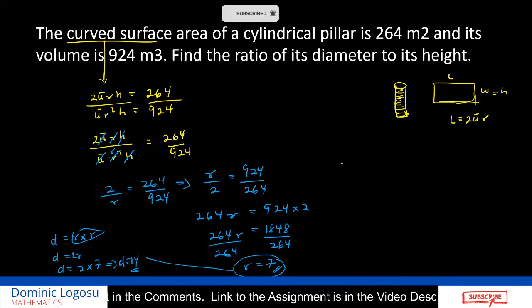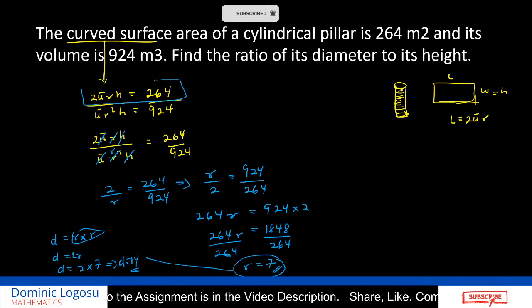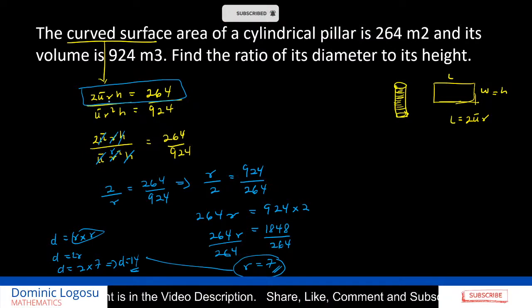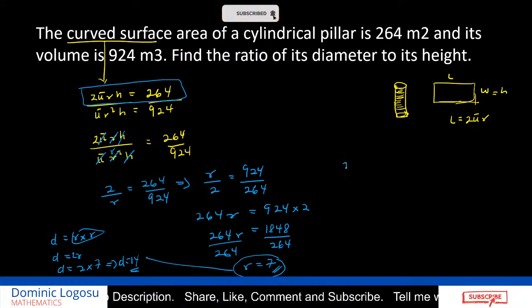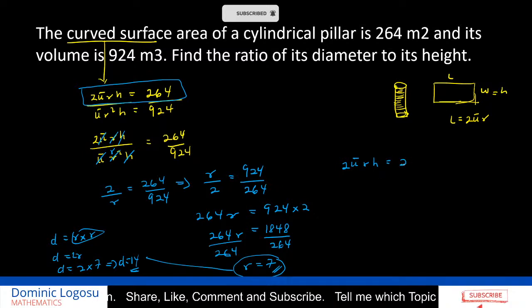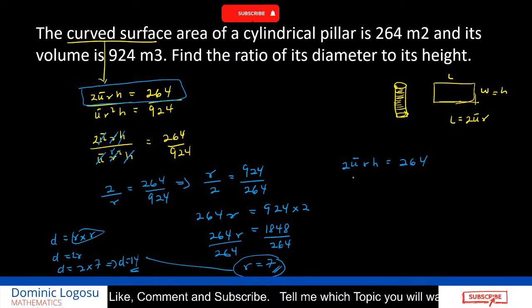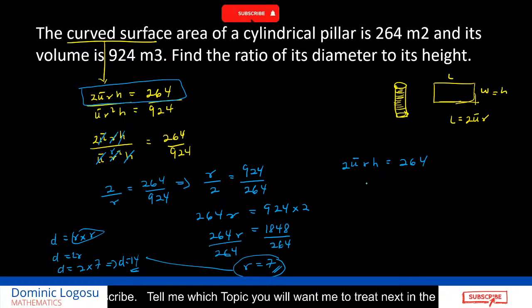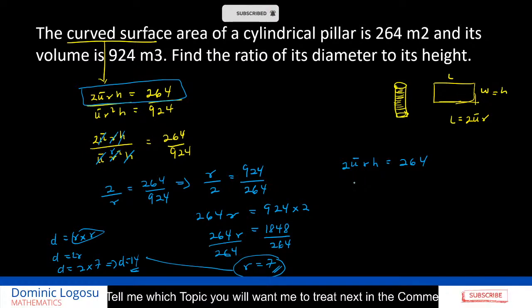Once we've established that, we'll quickly pick any of them and find the height. I think I'll pick the one without the square. We know the value of pi, and we know the radius, which is 7, so we can easily find the height. It will be 2 pi r h equals 264. Oh, I said I'm not going to solve this. Look at me, I'm solving everything. So I think I'll stop here, but let me just fix the answers there for you. So you do 2